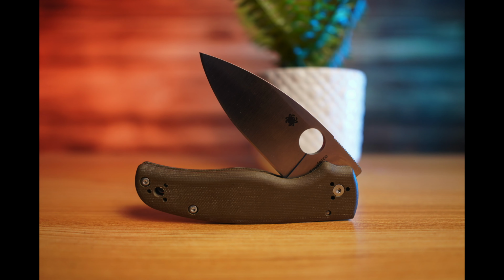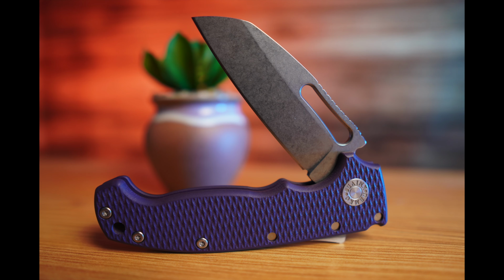For the number 3 and number 6 seed, we have the Spyderco Shaman against the Demko AD20S. Are you actually my friend? I think this makes it more fun for me. Okay, so